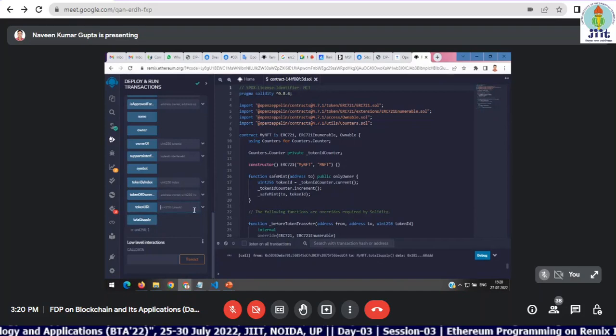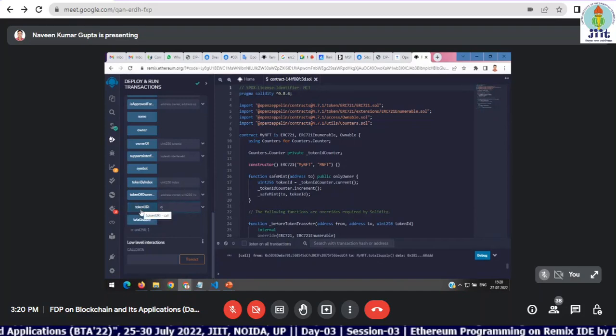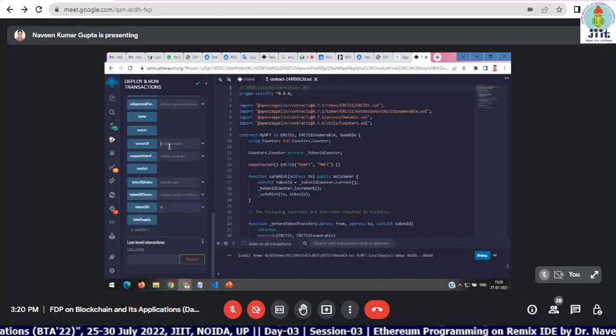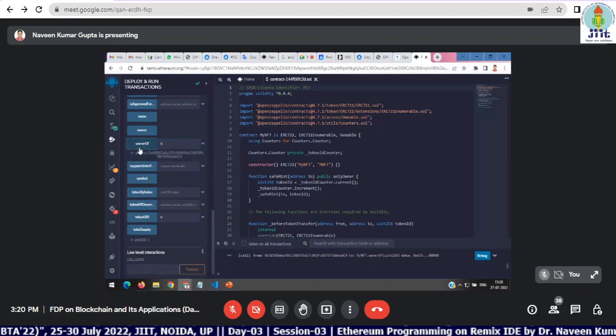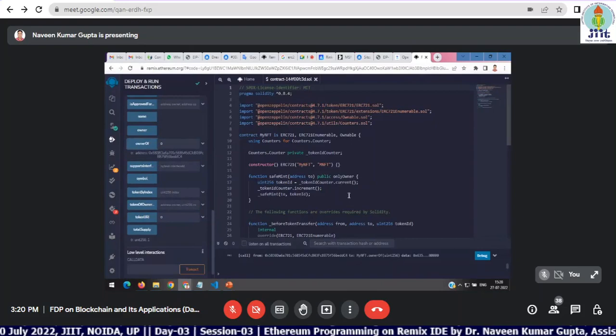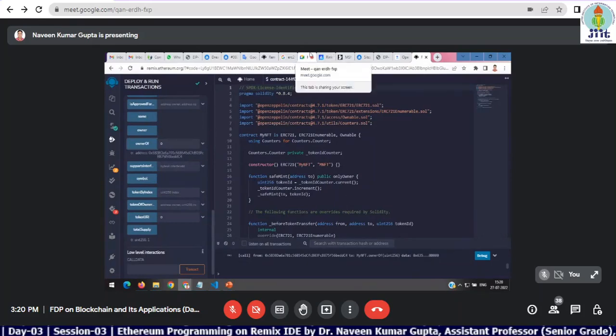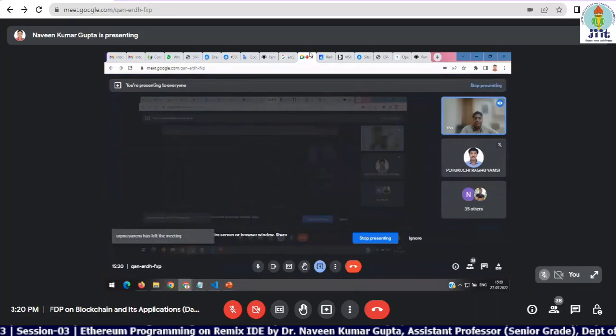Suppose the index is 0, and I want to check the owner of token 0. It has shown the owner of this token. So all these things are available. There are many things to explore in NFT and Ethereum. I have given some basic introduction about Ethereum programming and Solidity, as well as